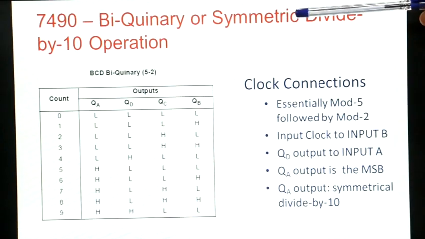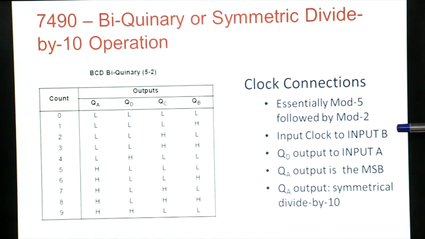So we come to the final part, which is the 7490, what is called the Bi-Quinary or symmetric divide by 10 operation. So what do we do here? We said already that the 7490 has 2 sections inside, one is a mode 5 and a mode 2. The way you connect it decides whether it is a BCD or a Bi-Quinary. In this particular case, Bi-Quinary or the symmetric divide by 10, you first use the mode 5 and follow it by a mode 2,